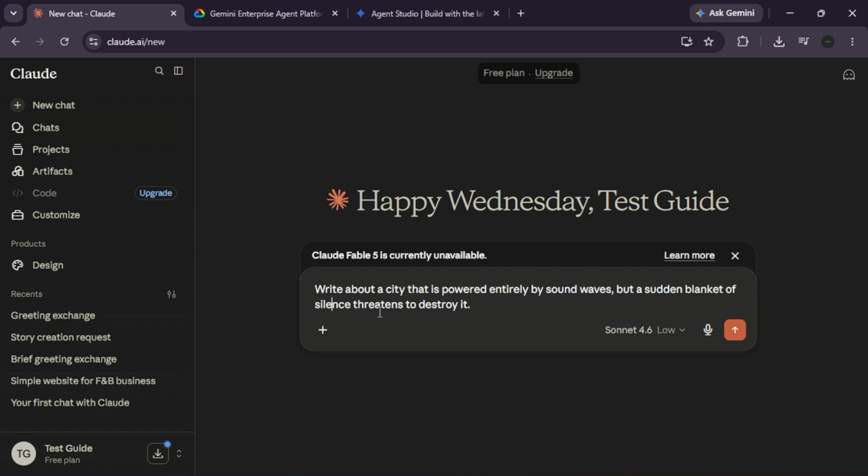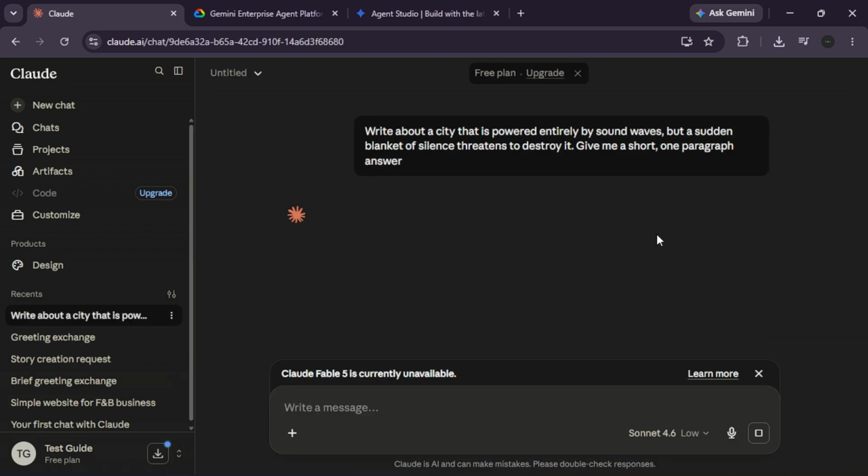Now, you can use your own instructions to force the assistant to write short and direct responses instead of long, windy explanations. When you type your question into the box, add a simple rule at the very end of your sentence, such as, "Give me a short one-paragraph answer," or use a simple bulleted list with no extra talk. Type out your prompt line clearly, ensuring your short response rule sits flat at the bottom before you press send,